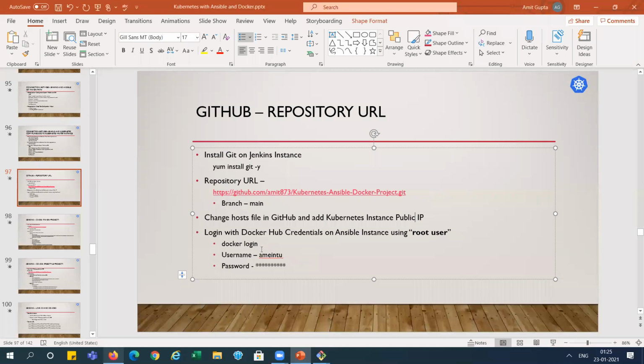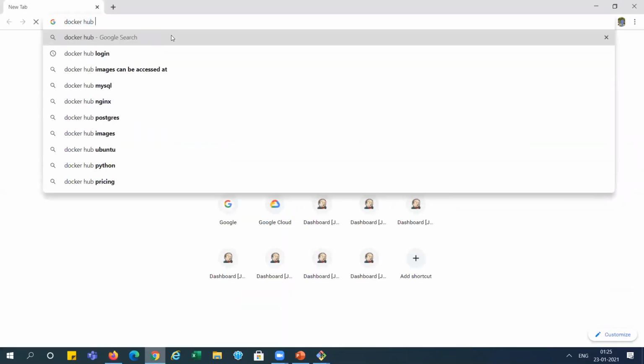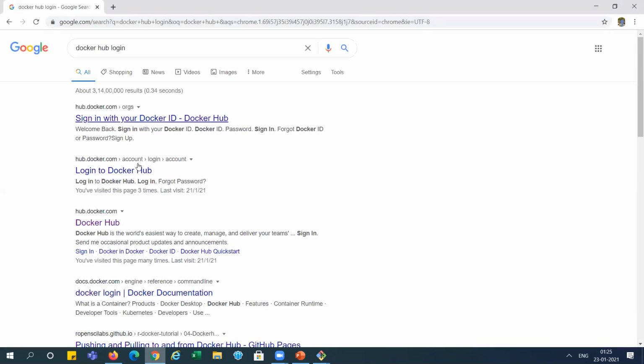We have done that, right? And also we will go into the Ansible machine with the root user, and we will log in with Docker Hub. So I just want to show you the Docker Hub details here. Docker Hub login, hub.docker.com. If you don't have an account, you need to create your account here.